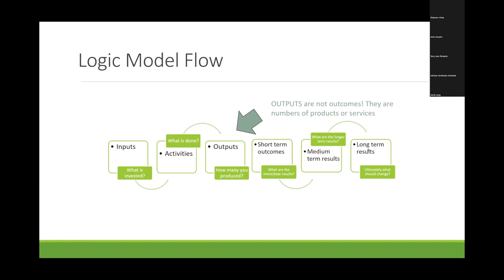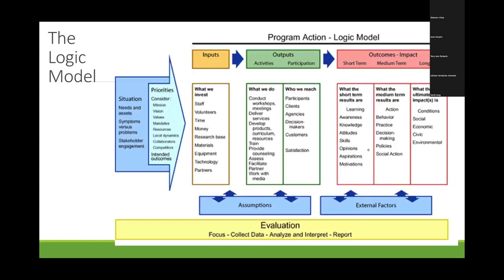Now, the outcome of that brochure would be pretty zeroed out because no one could read it, but the output would be 1,000 brochures. So that's just simply the number of products or services you provided, not whether or not they did anything for anybody. Once you move into short-term, medium-term, and long-term outcomes or results, then you're starting to think a little bit more about the knowledge, attitude, behavior, maybe even the biological shifts that occur as a result of the program or the intervention that you're working on.